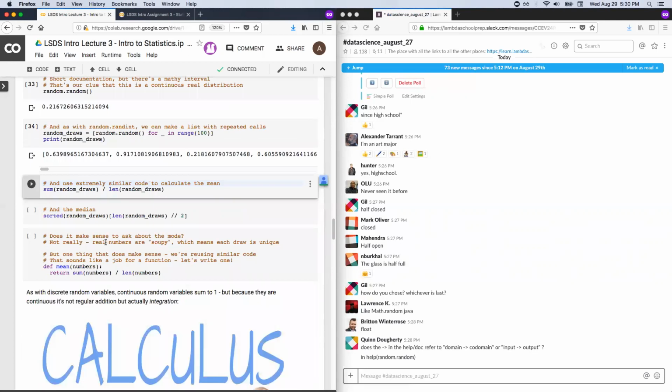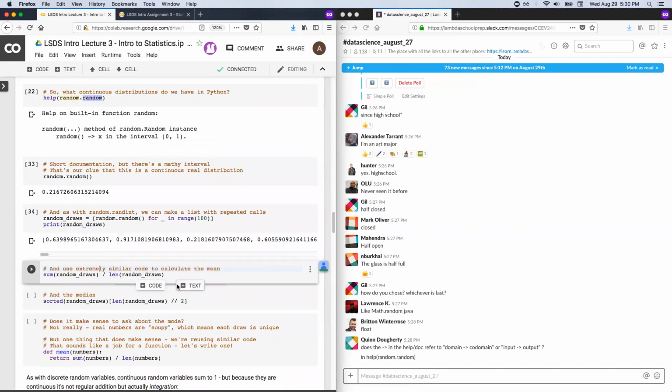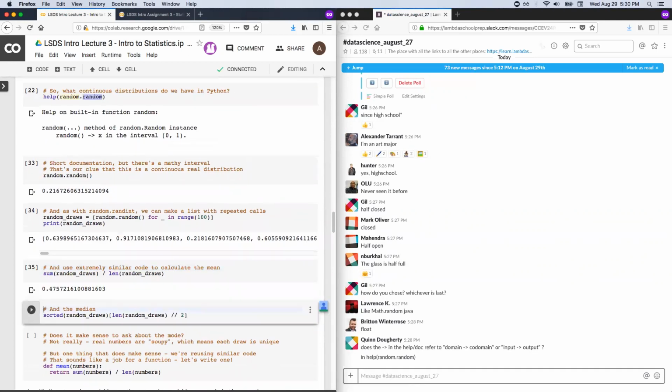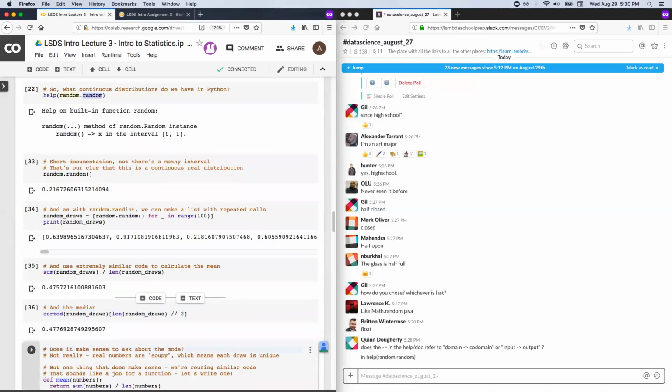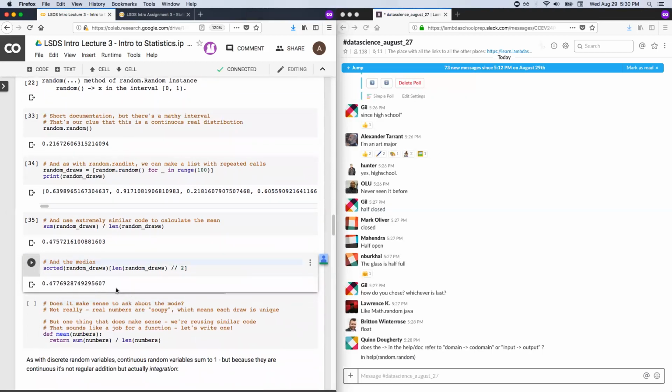And look at this code. It's exactly the same code as what we did to calculate the mean before. Just add all the things up, divide it by the length of the things. And hey, the median, also exactly the same code, right? Put them in order and pick the thing halfway through. And again, I'm being a little bit sloppy here because there's an even number of things, but it's pretty close to the median. It's the median's neighbor at the very least.